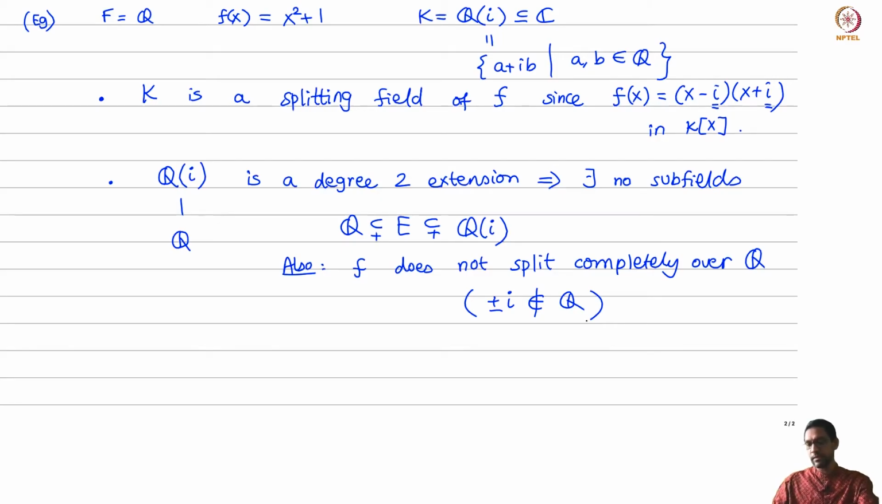This extension K also satisfies the second property that you need, right? The only proper subfield of Q(i) is Q itself, and the polynomial f does not split completely over Q. Okay, so that proves that K is the splitting field. Note that condition 2, or condition B